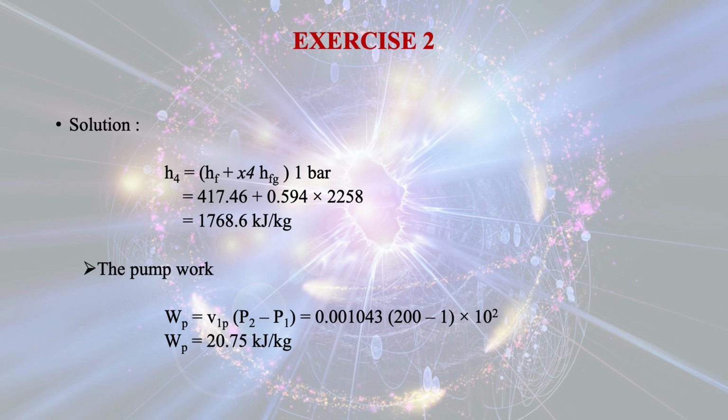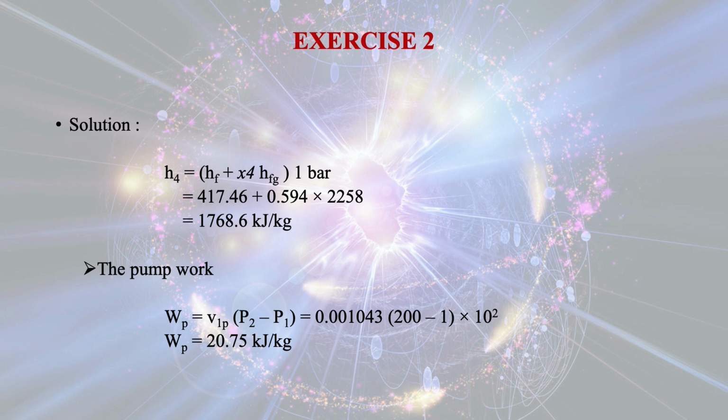And if you put all these values in the expression for H4, you will be able to calculate the value of H4 is equal to 1768.6 kilojoule per kg. Now the pump work WP is equal to V1 multiplied by P2 minus P1, that comes out to be